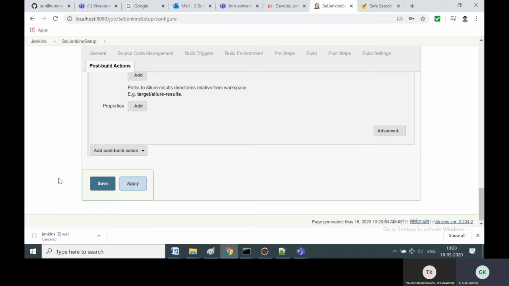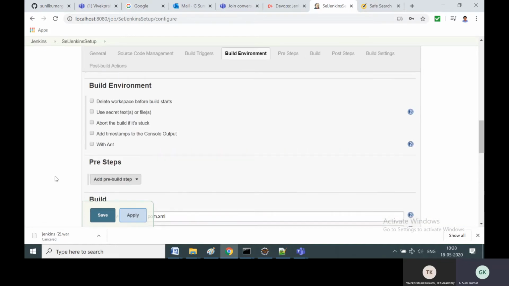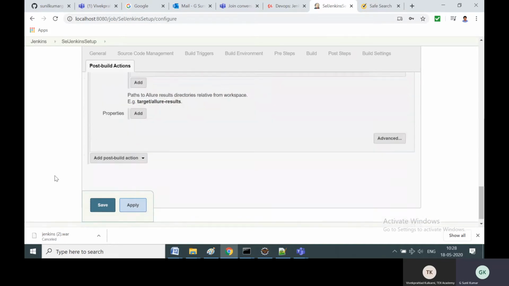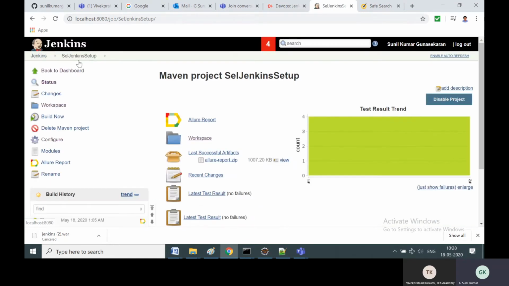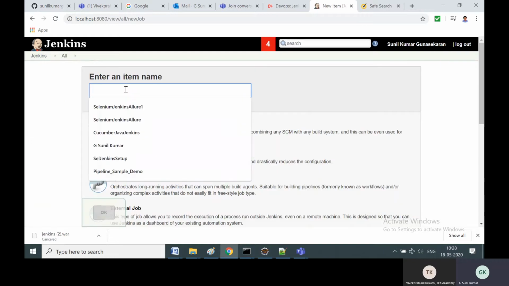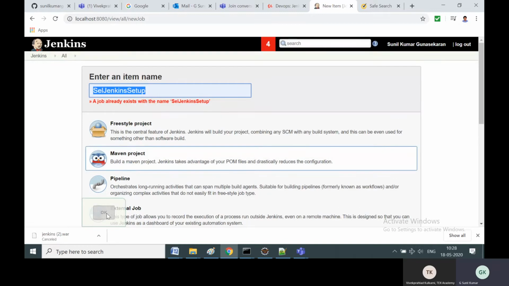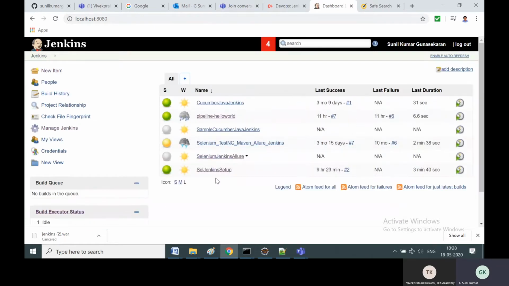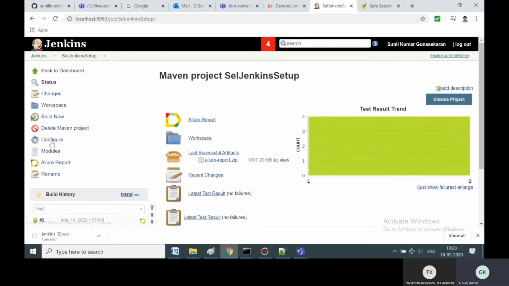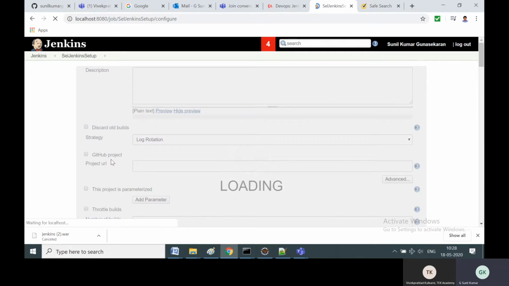Okay, one second, guys. This is the project configuration. We went to Jenkins before I save and execute. Once more, I'll tell you. All I did is Jenkins, New Item, and then I typed Selenium Jenkins setup. Okay, this is my project name. It already exists. Then I clicked Maven project and clicked OK. Once I clicked Maven project and OK, the configuration came up for me. That configuration, you can just save it, and then you can see the Selenium Jenkins project appear in the dashboard. You can once again click the project, click Configure, and the configuration once more appears,